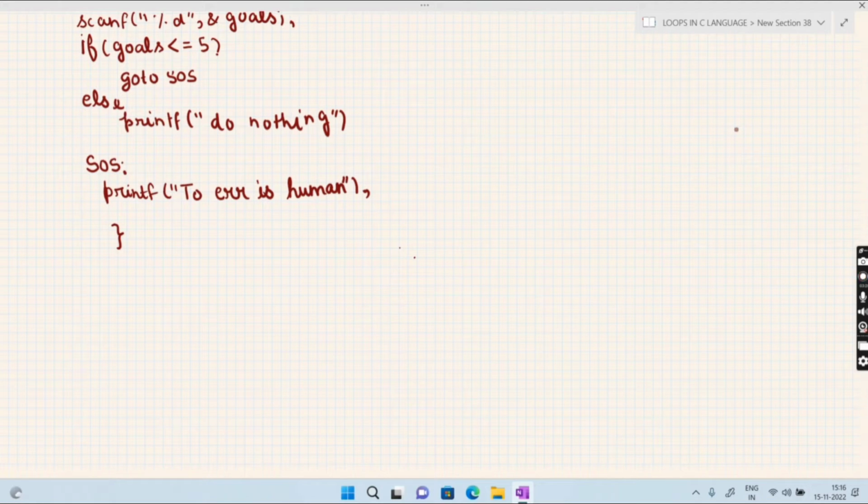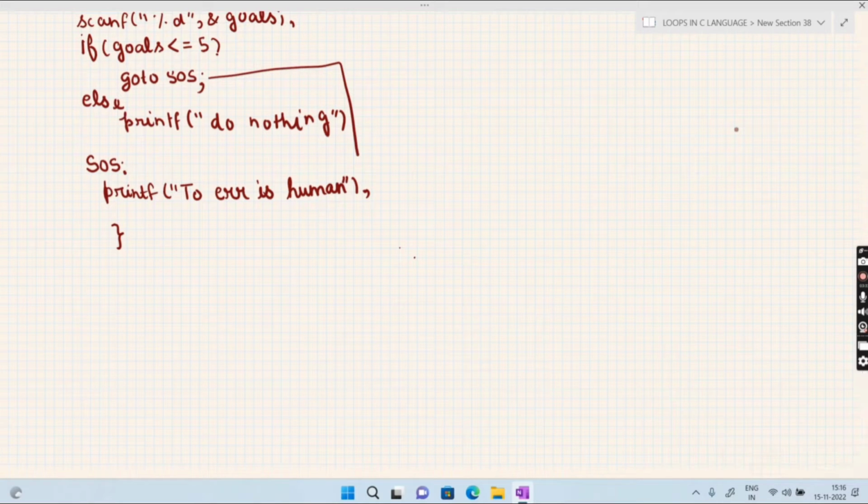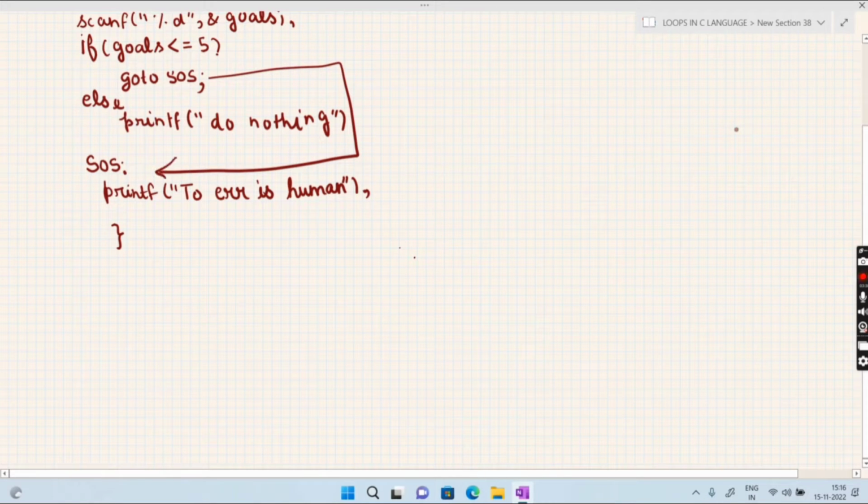So what the goto statement basically does is it throws execution from one point of execution to another. It picks up your execution from one point and brings it to another point where you declared that statement.